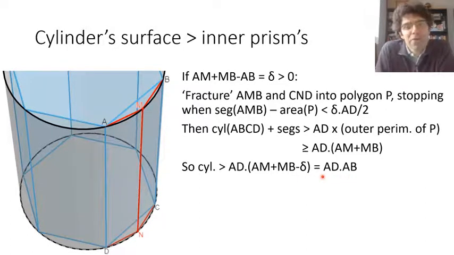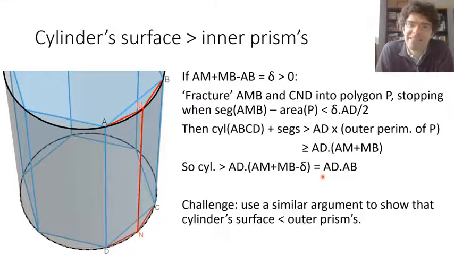So that's quite a fiddly little argument, but we can do a very, very similar one to show that the cylindrical surface area is less than the surface area of the prism around the outside. And I'm not going to go through that, but you might like to pause the video or think about it afterwards and see if you can get that to work yourself. Only at that point is Archimedes happy to say, well, the surface area of the cylinder is indeed between those of the inscribed and the circumscribed prisms.